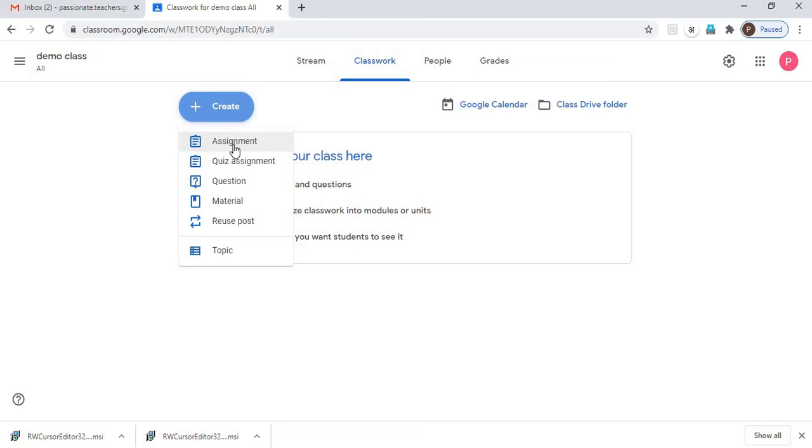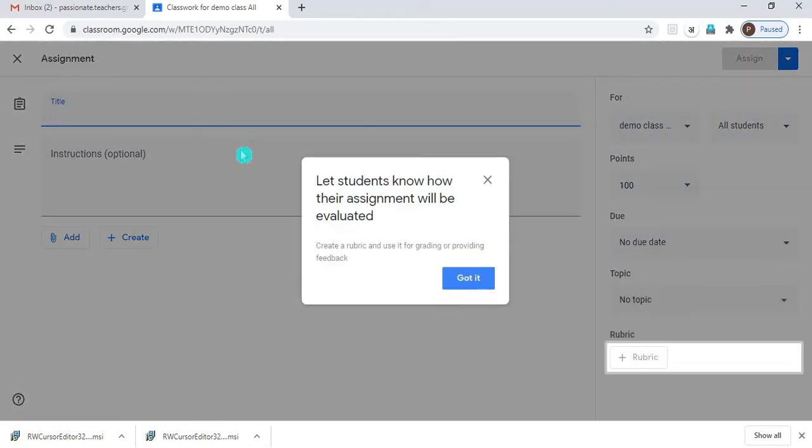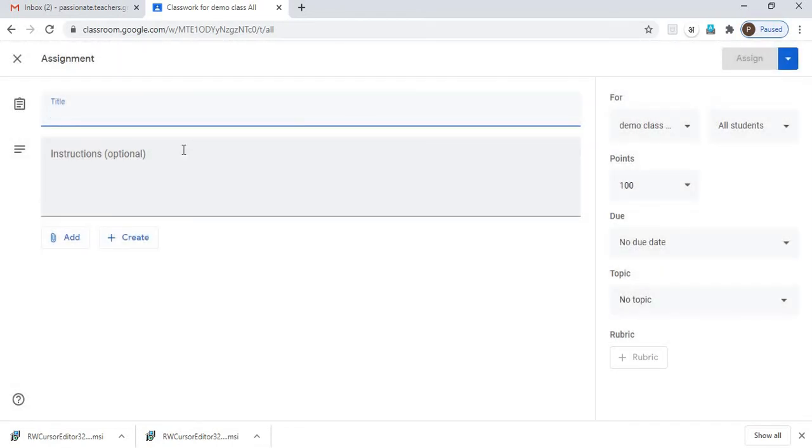First is assignment. Assignment is when you have a PDF or a Word document and you want to post it as an assignment, then you can say assignment, and then you can simply enter the title of the assignment. Let's say I'm saying revision of functions, right?